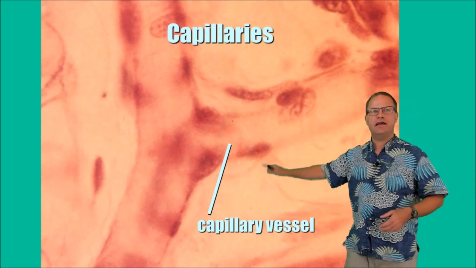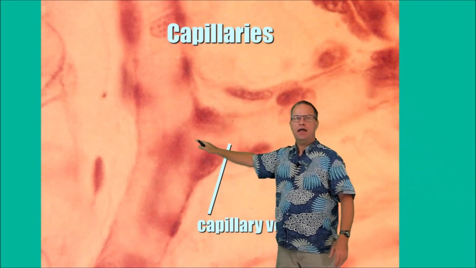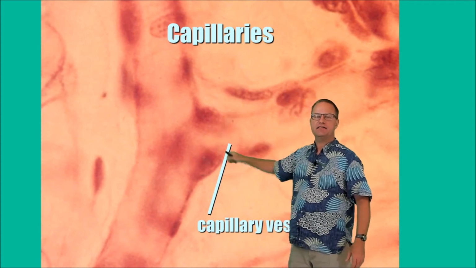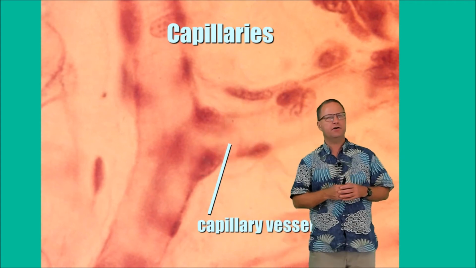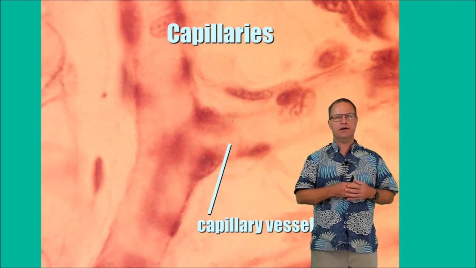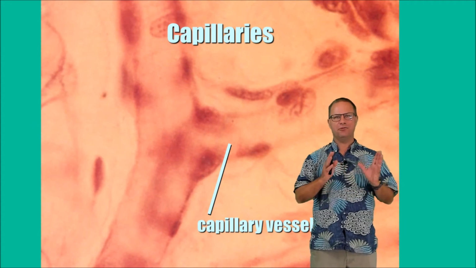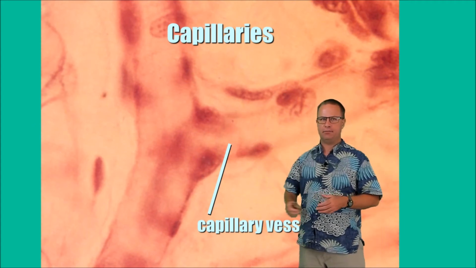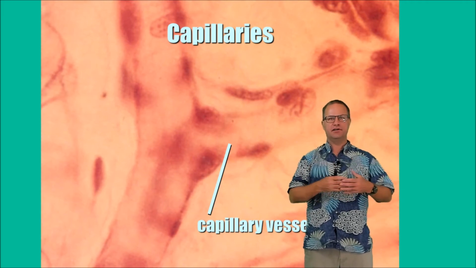Okay, so here you can see a capillary blood vessel right there, and it's very teeny tiny, one cell layer thick, and again, a red blood cell would be about that size, so it would sort of have to go through there single file. And by having a small blood vessel, we have lots of surface area, and remember, the walls of the blood vessel are very wet. They're very leaky, so that facilitates movement of things across that capillary bed,